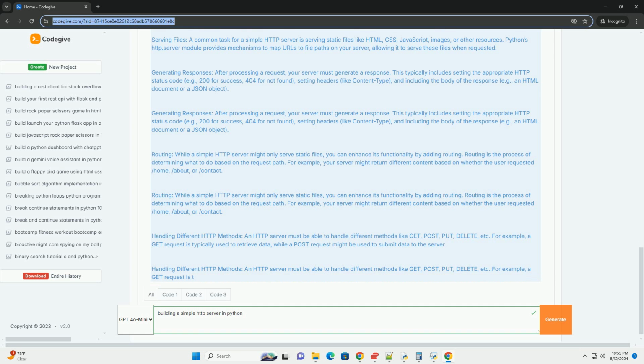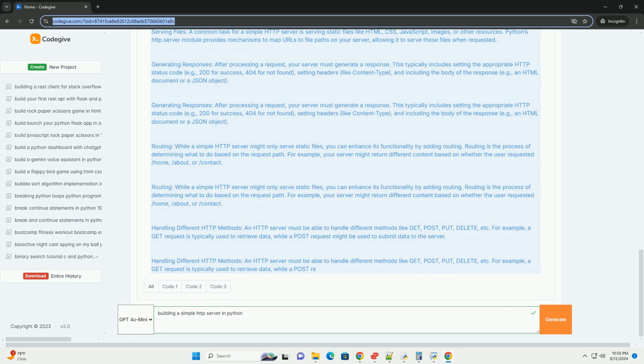1. Importing the necessary modules. Python's http.server is typically the core module used. You might also